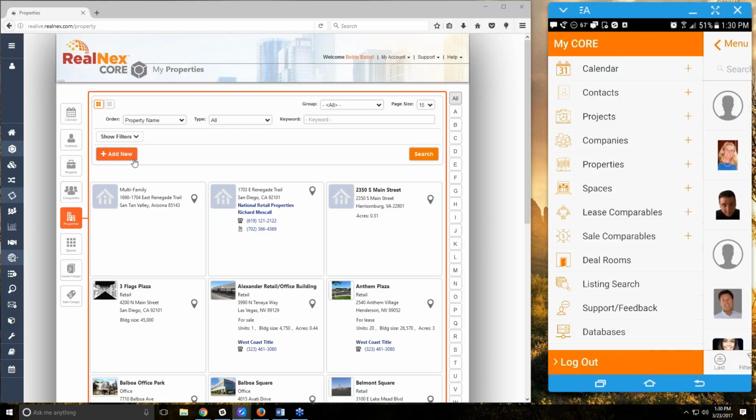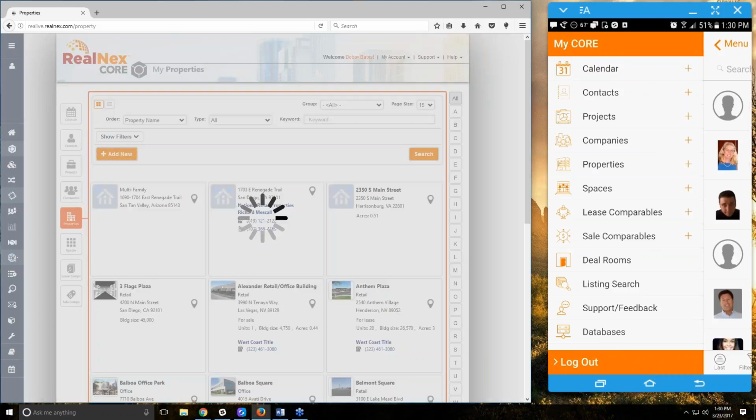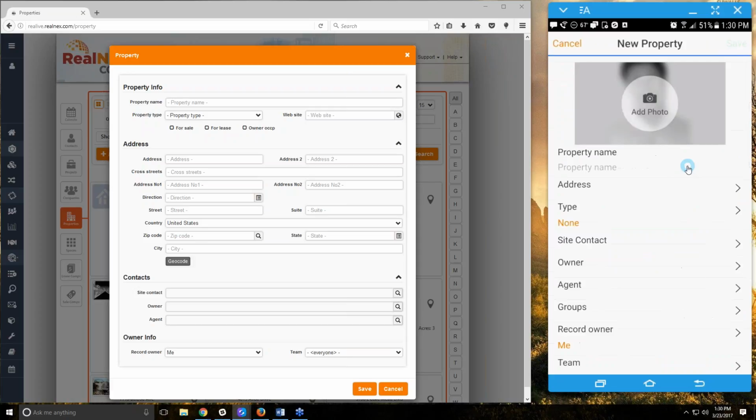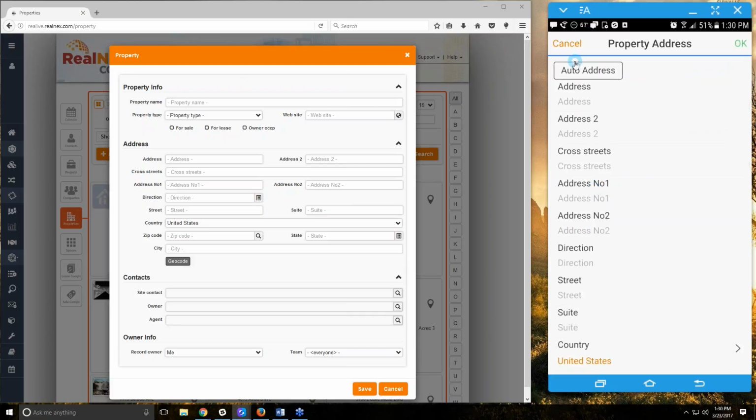So with the online version, we'd have to go to properties and hit add new. With the web app, we can just hit this plus on the menu that's a pull out from the left side and get the same screen. So very similar again. One thing I do want to talk about differently on this. So first off, let's go to the address. So this is where the auto address functionality can become a lot more beautiful, is when you're adding properties out in the field, especially if you're adding like spaces and so on where you can take photos. If you hit auto address here,